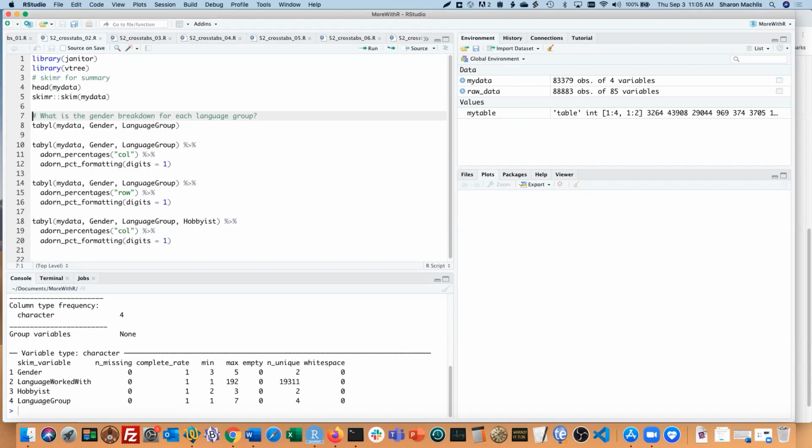So, what's the gender breakdown within each language group? There are a lot of ways to do this in R, but for crosstab reporting in a data frame, one of my go-tos is the janitor package's tabyl function. That's T-A-B-Y-L, because it's so easy to use. The basic tabyl function gives you a data frame with raw counts. The first column name you add to a tabyl argument becomes the row, and the second one is the column.